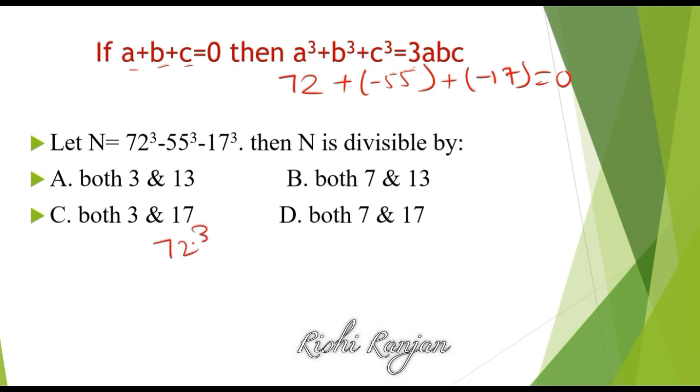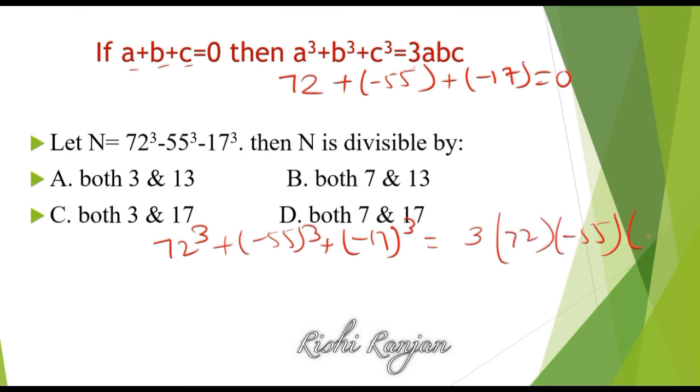So 72^q plus minus 55^q plus minus 17^q will be equal to 3 into 72 into minus 55 into minus 17. So this whole number will be divisible by 3, 5, 11, 17, 8, 9, 18, 36 and so on,